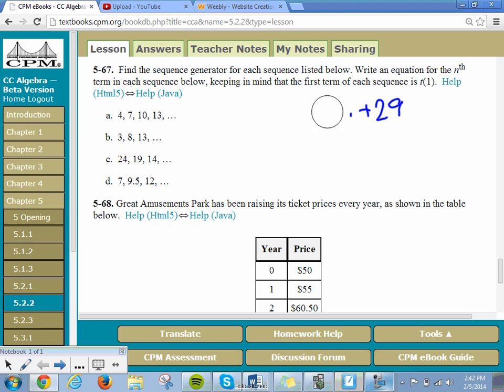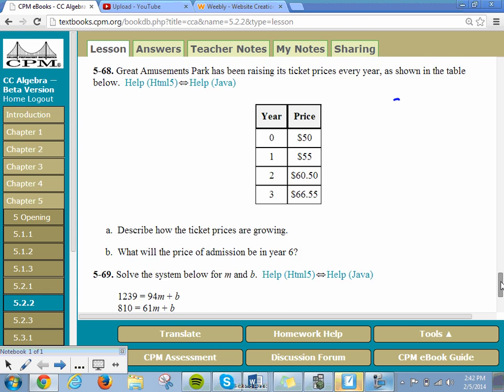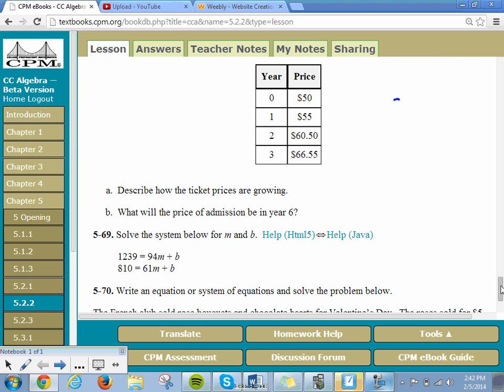All right, we'll move on to 68. In 68, it says that the Great Amusement Park has been raising ticket prices every year, as shown in the table below. In A, they want us to describe how our ticket prices are growing, and what will the price of admission be in year 6. All right, so with this problem,